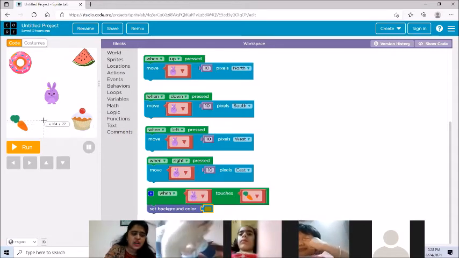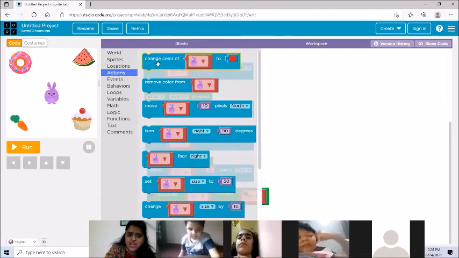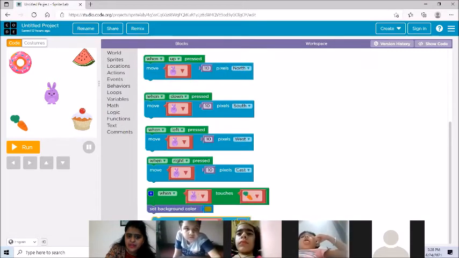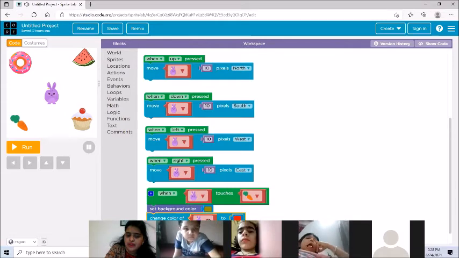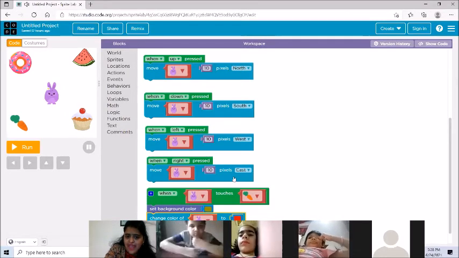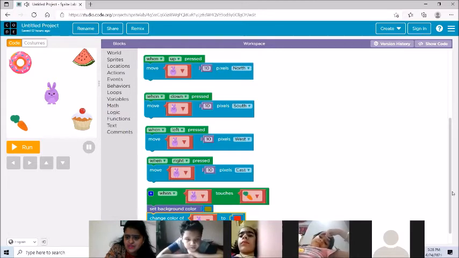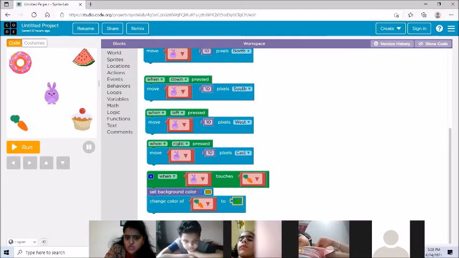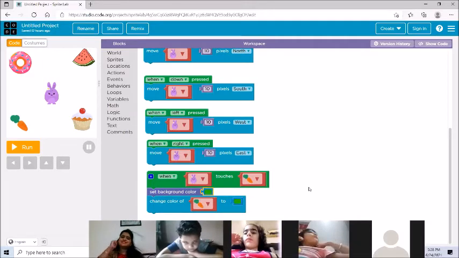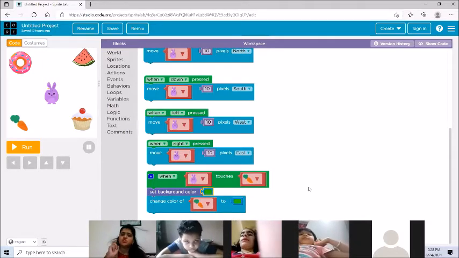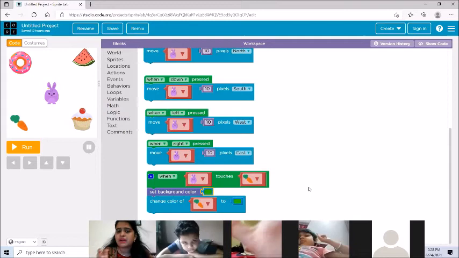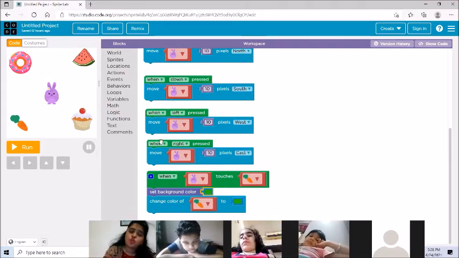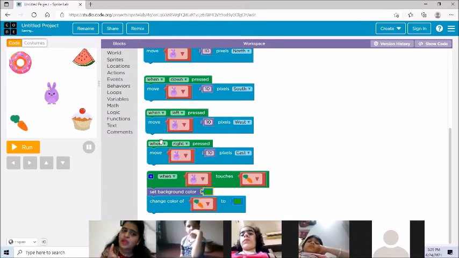Okay, so we want the color, again we'll go on the action block, change color of, the very first block we'll be taking, change color of, and from here we'll click on this arrow, change color of carrot to green. Here we'll select the color green. Okay, just a minute. We'll select the color green from here, and here also we will select green. So what should happen? When the bunny touches carrot, then the background color should turn into green. Also, the color of carrot should become green because carrot is a healthy food, right? Now it should also be written on the screen that it is a healthy food and you can eat.